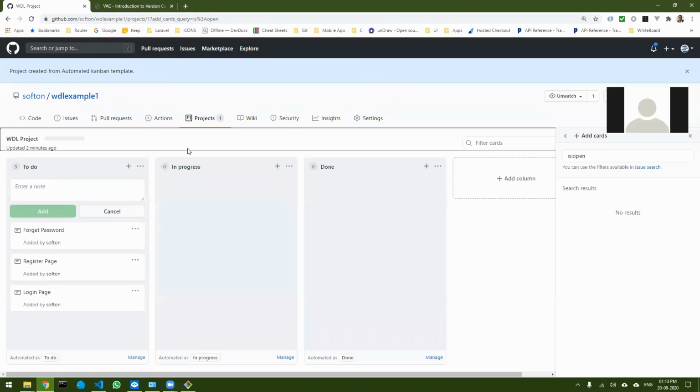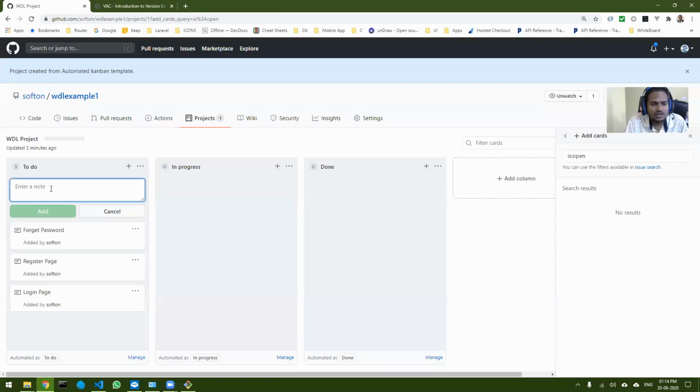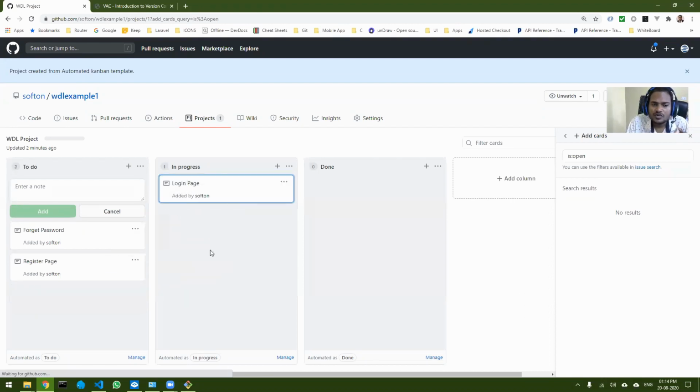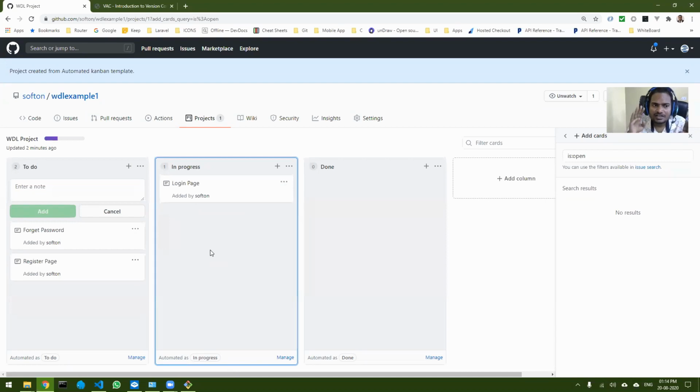Now let's suppose I want to work on the login page first. What I will do, this is not going to do anything. It is basically just to keep a note of what is going on, right? So I can just drag it from here to over here, that will tell me that, okay, I am working on login page.